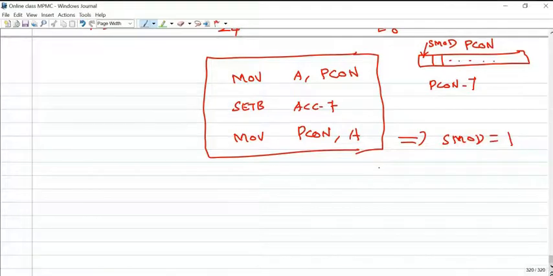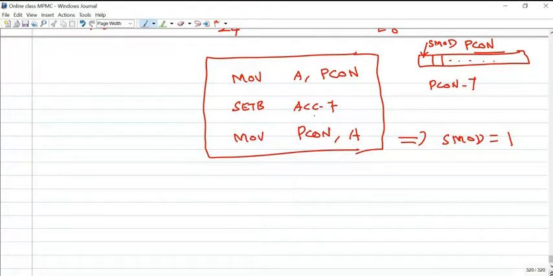Okay. Anyway, we are not going to write any program with this. Just understand there is a possibility for increasing the baud rate. The condition is SMOD should be 1. SMOD is the 8th bit, the most significant bit of the PCON register, the power control register. It's byte addressable only. So first move PCON to the accumulator. Accumulator is bit addressable, so individual bits can be accessed.